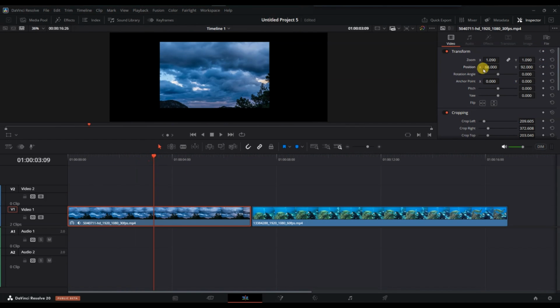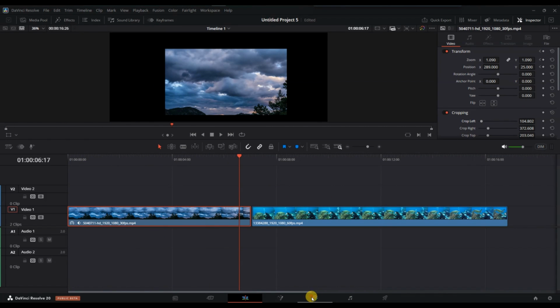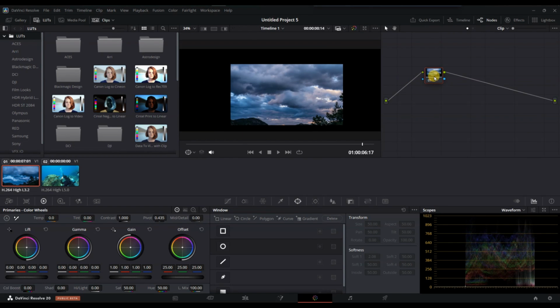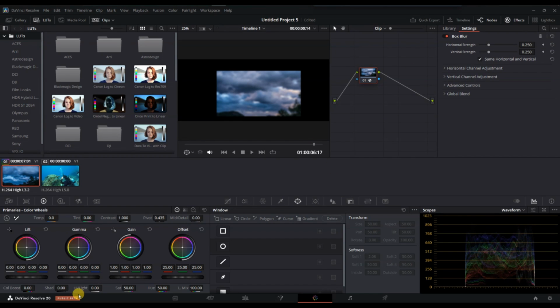If you want to change the clip's color properties, switch to the color tab. Here you can apply corrections or creative color grades that will affect the clip globally. Using the color wheels, curves, or other color tools, you can fine-tune the look of your clip to match your